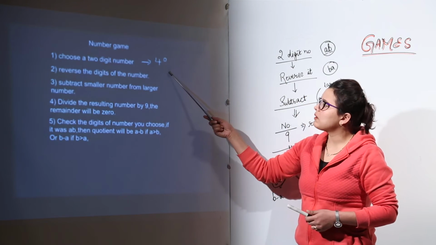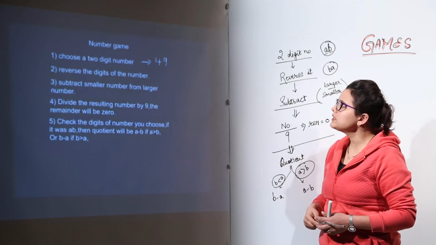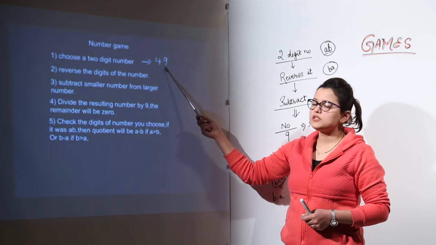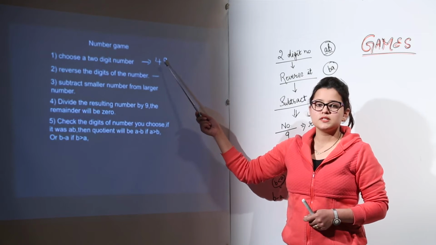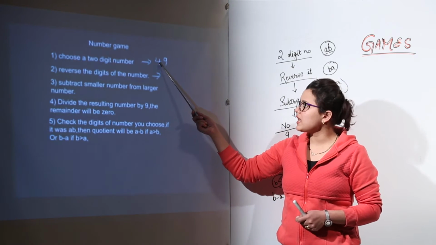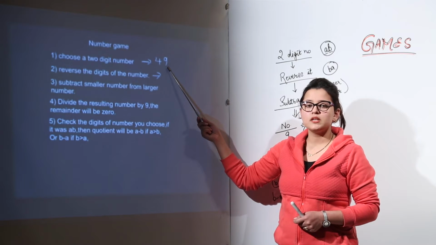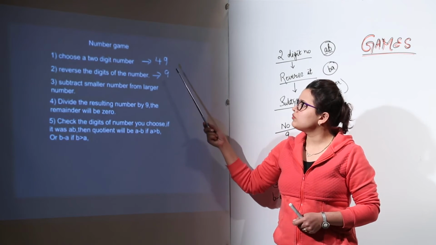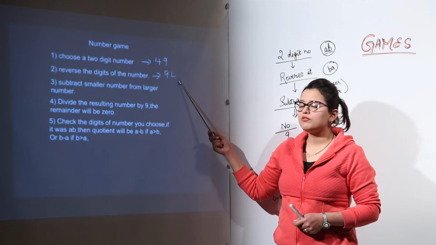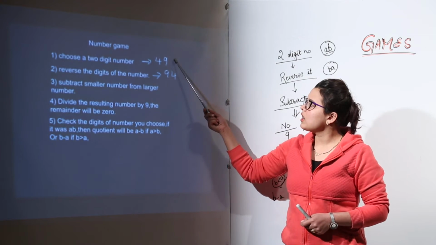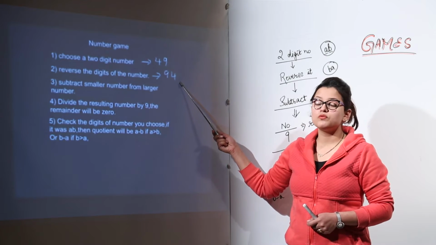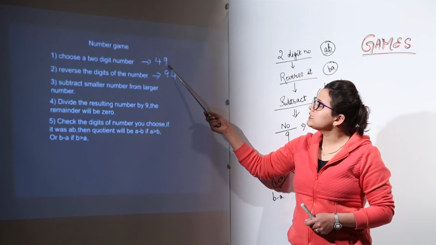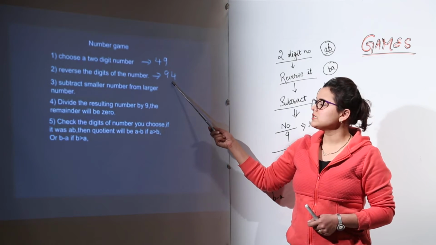Let us take one example directly. The number that I have taken over here is 49. Now 49 is a 2-digit number having ones place and tens place. 4 is present at the tens place and ones place we have 9. Now reversing these digits, we would get a number 94. Which one out of both is smaller, or which one is larger? Yes, 49 is smaller and 94 is larger.